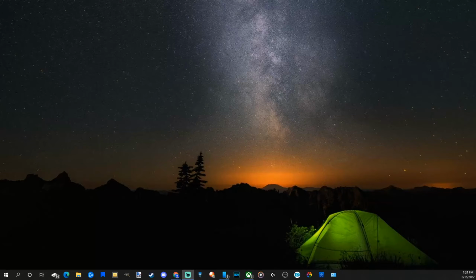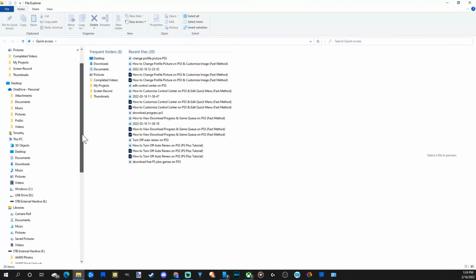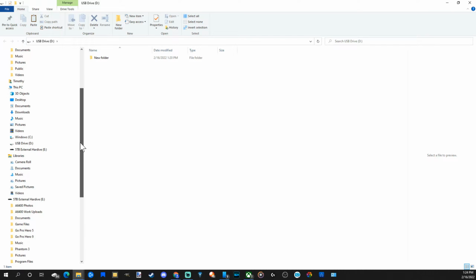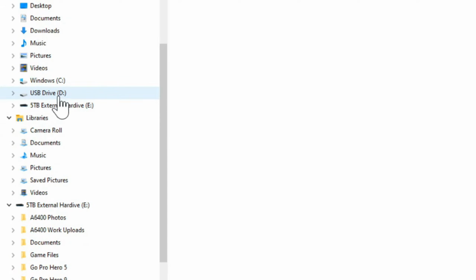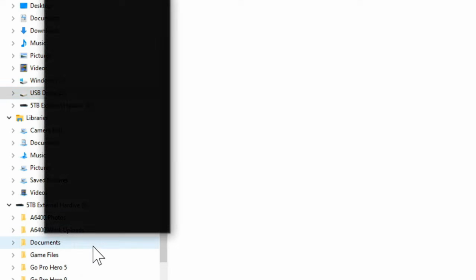Alright, so with the device now plugged in, let's go up to File Explorer and open this up. When you plug in the USB stick, it should open up just like this. This will be the D drive on my computer. On your computer, it may be a little bit different, so verify the correct drive before formatting it. I know it's the USB D drive, so I'm going to select it right here, then right click on it, then go down to format, and we have to make sure it's